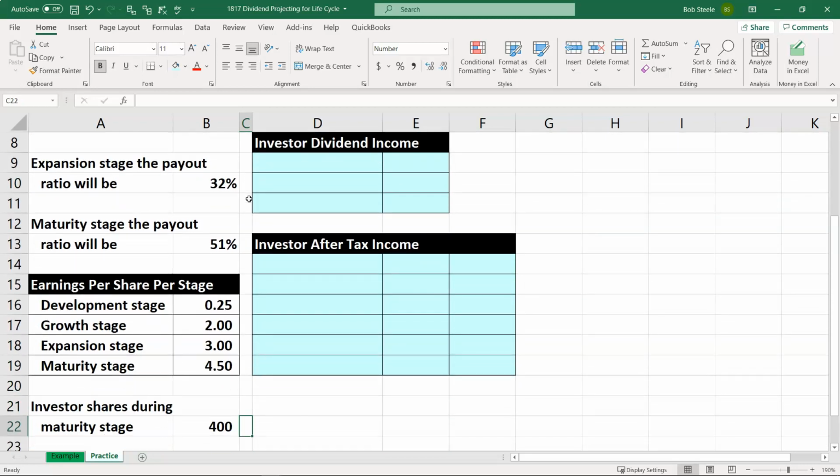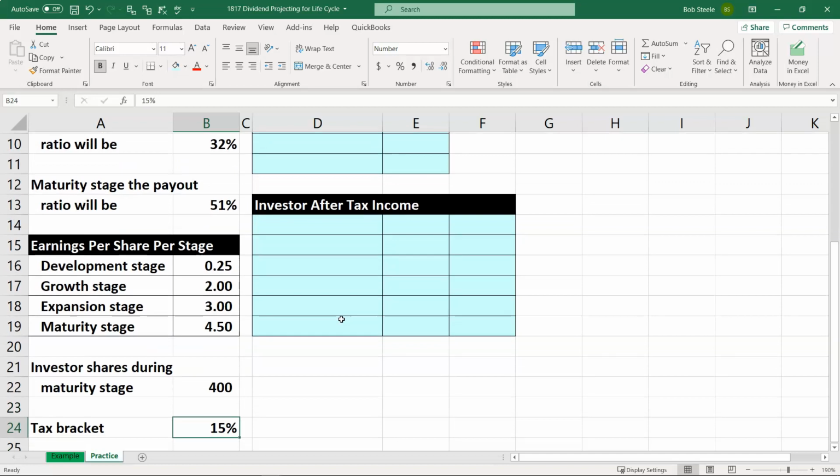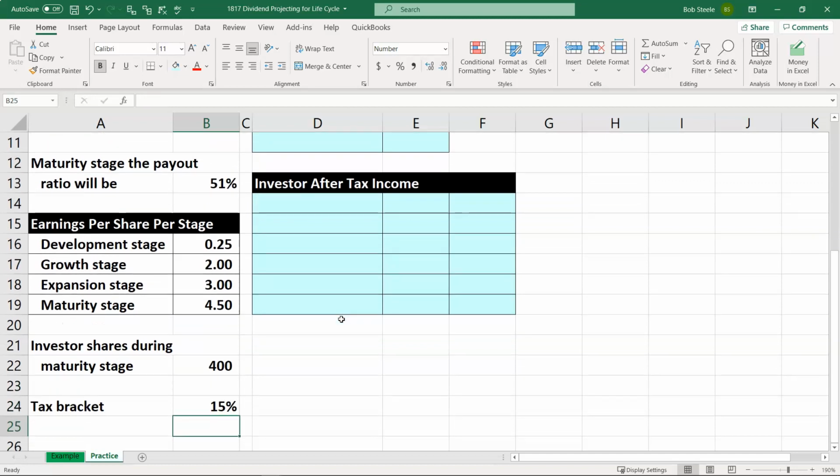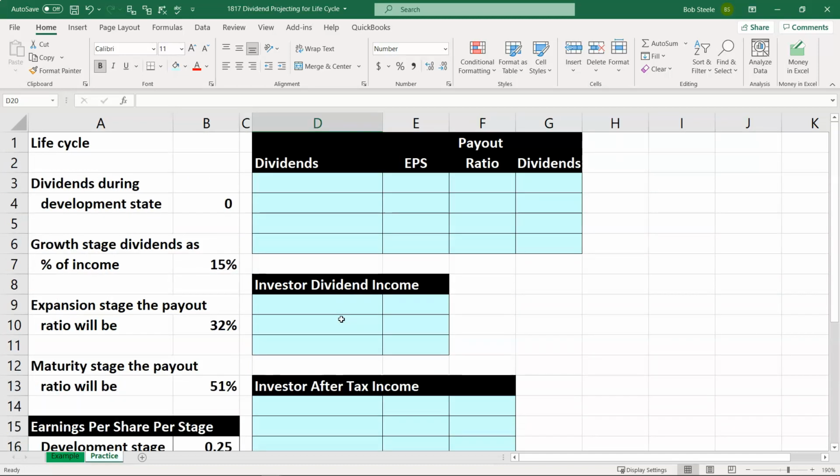So we're going to say that the earnings per share are going to be these items for the development, growth, expansion, and maturity stages. And then once we calculate the estimated dividends per share, we'll think about the investor shares, or one investor having 4,400 shares at the maturity stage, and think about what the investor after-tax income would be. So let's go back up top and just think about the dividend strategy or policy for these stages. So we'll start off with the development stage, and